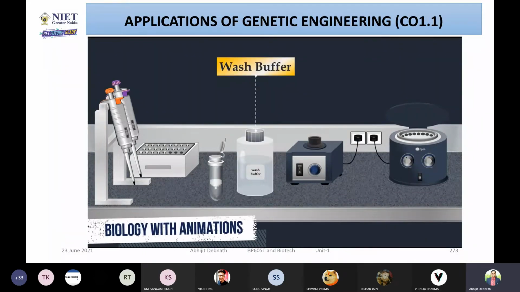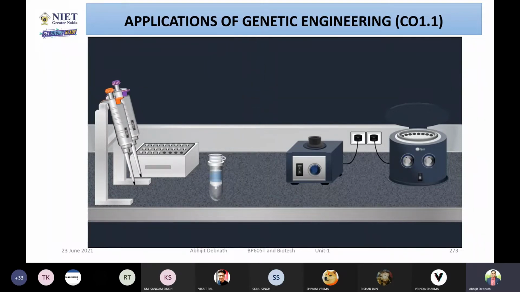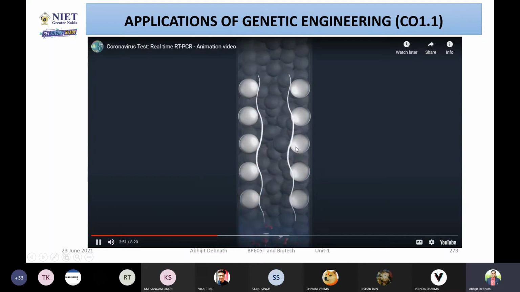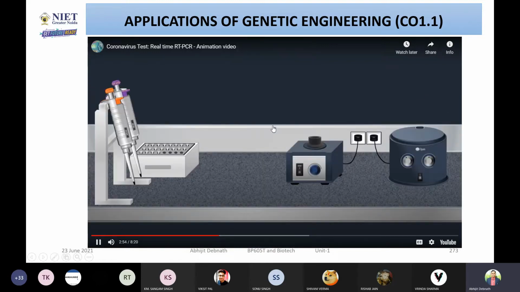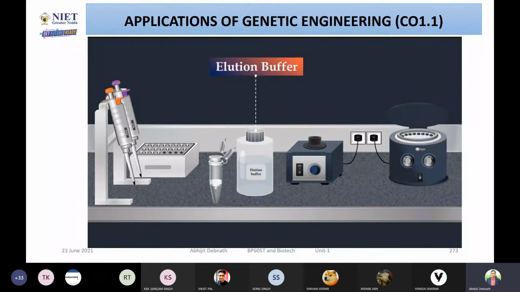Then a wash buffer is added. The column is put in a centrifuge again, forcing the wash buffer through the membrane. This removes any remaining impurities from the membrane, leaving only the RNA bound to the silica gel. See, any impurities may be present, for example, other proteins, spike protein, etc. If any protein is present, it will create a problem. So that's why they are doing this a second time. Once the sample is washed, the column is placed in a clean microcentrifuge tube, and an elution buffer